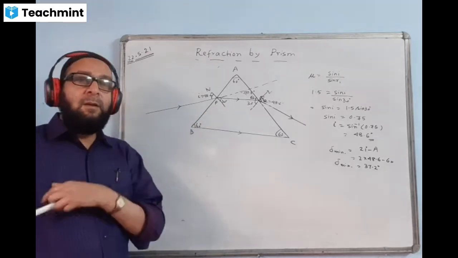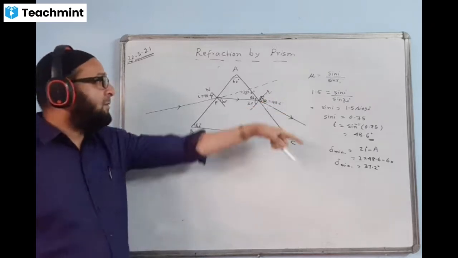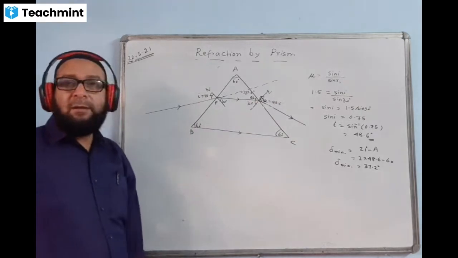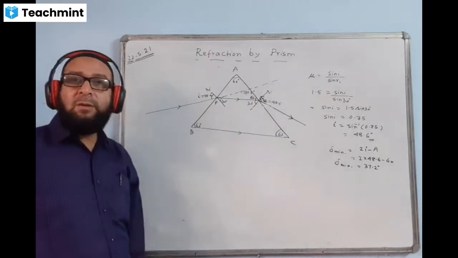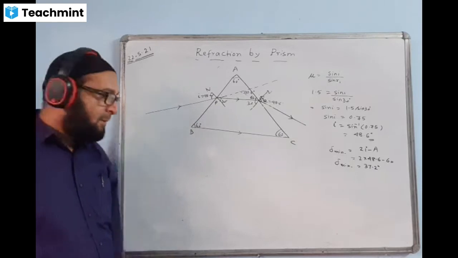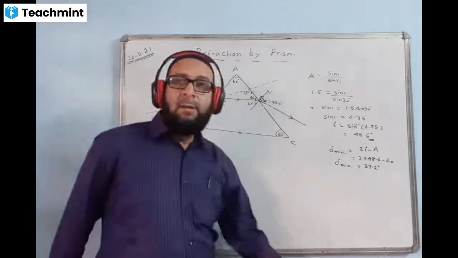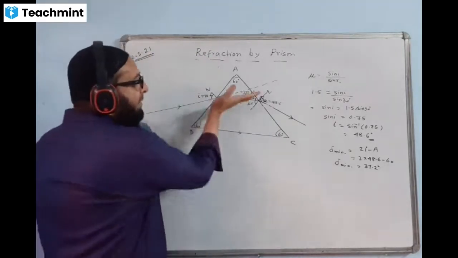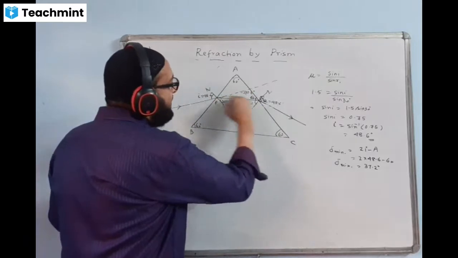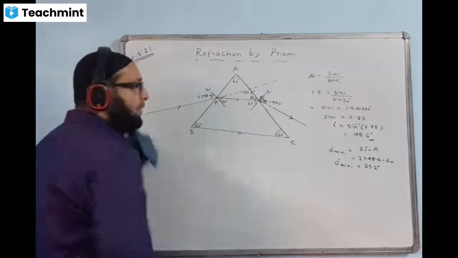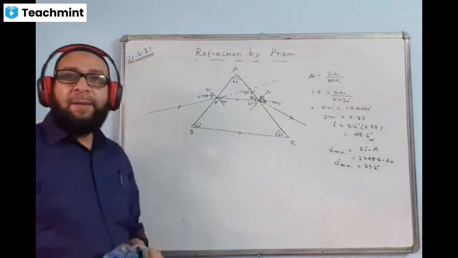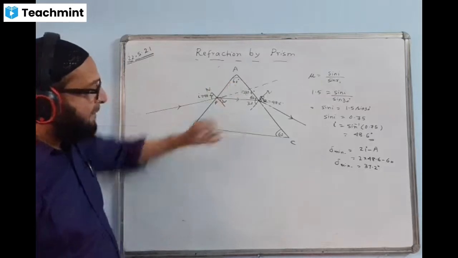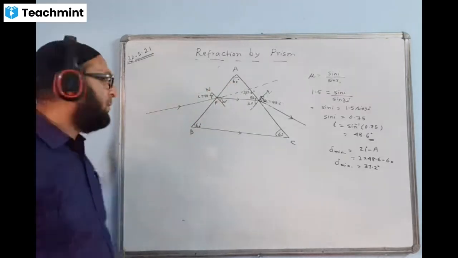If they ask you how much is the angle of incidence, then on the basis of calculation, you write 48.6 degree. Then E will also come 48.6 degree, and angle of deviation will become 37.2 degree. Hope you understood it. The ray inside, that is the refracted ray within the prism, will be parallel to the base. This is also an important observation. When minimum deviation is taking place, the ray inside the prism will be exactly parallel to the base of the prism.